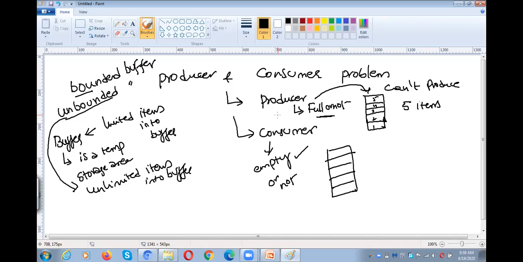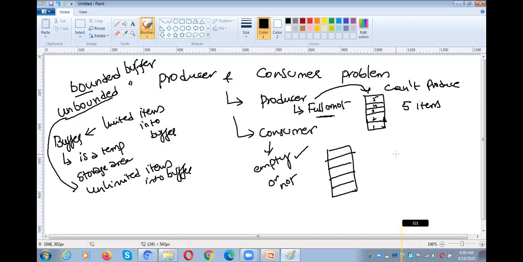For example, if you consume the sugar from the container, you take 1 kg and again you take one more kg like that. So at one point of time, the container will be empty. From that moment onwards, the consumer cannot consume the sugar from it. Why? Because it is already consumed, right? So the producer has to check whether the buffer is full or not, and the consumer has to check whether the buffer is empty or not. So these are the points you need to understand.